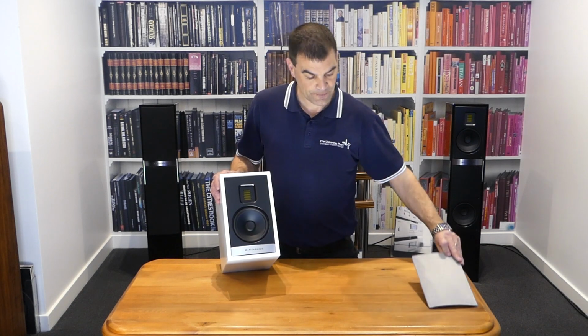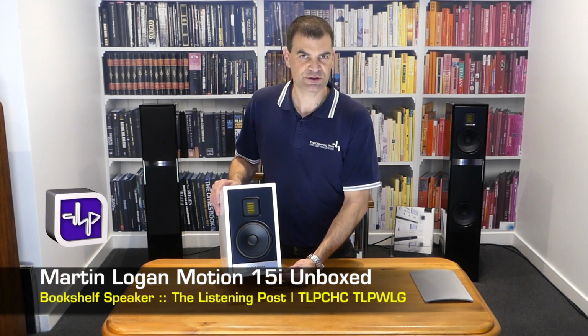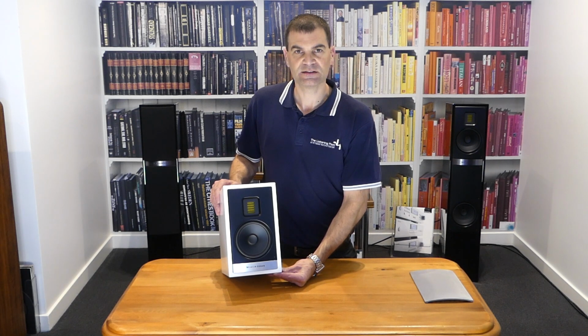Okay, so there we have it. Martin Logan's beautiful little compact bookshelf speaker, the Motion Series 15i, unboxed here at the Listening Post